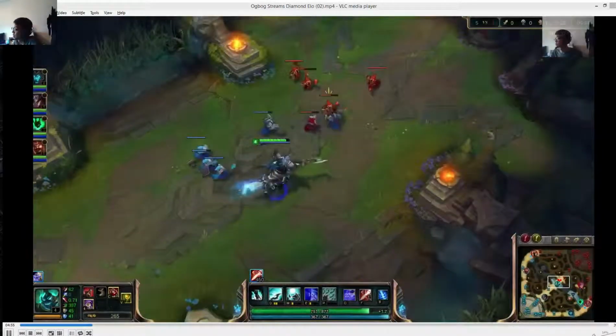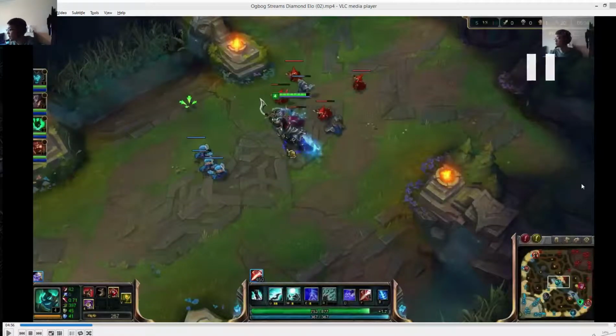Let's see, Vi spotted right there. You see Vi on the minimap? That ward by Thresh is perfect. This is one of the best things you can do as a support or just as a player, if you're winning your lane,